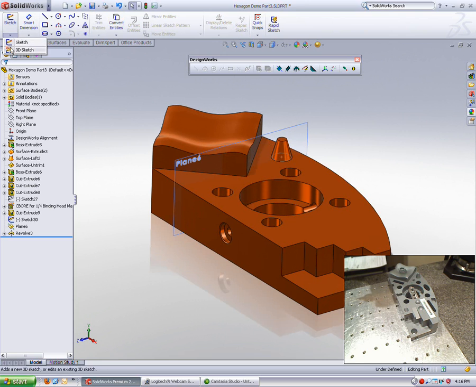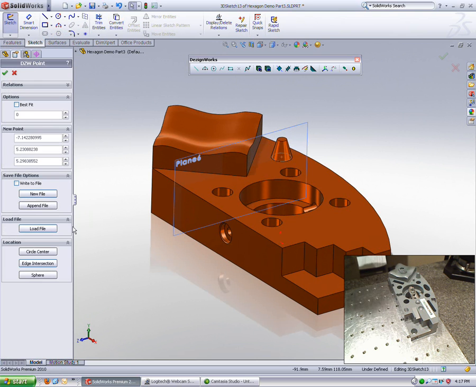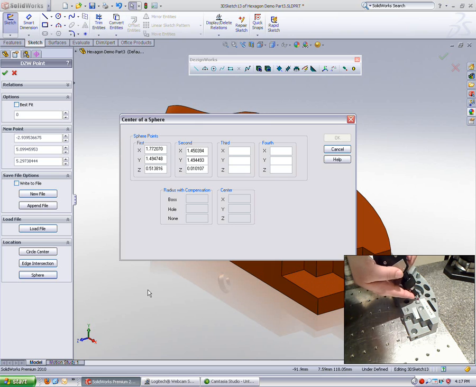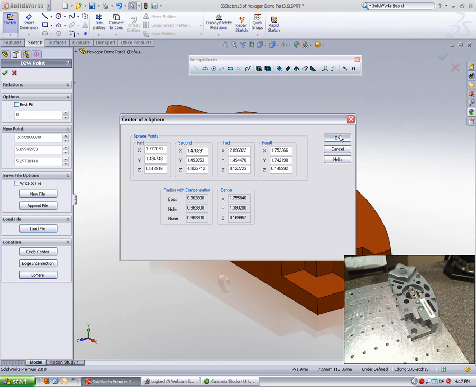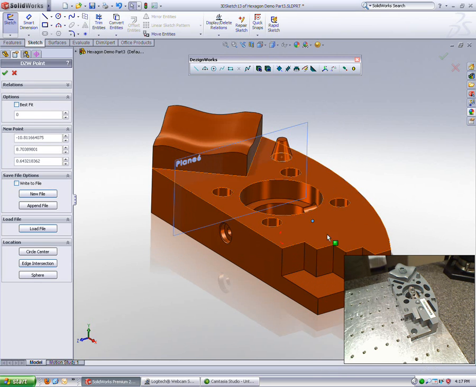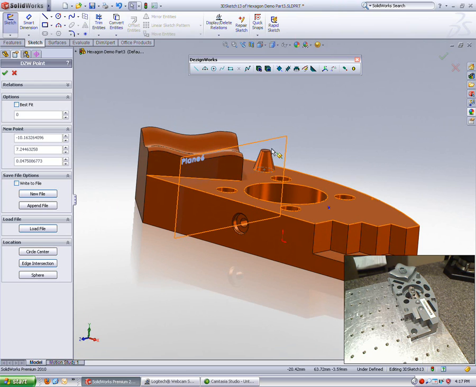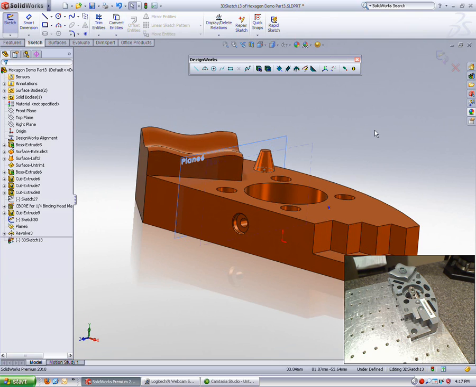A new tool inside of Dezignworks 10 is the ability to get a center point of a sphere. So here we're going to do a 3D sketch with a point and use a new sphere command. We could also do circle center and edge intersection. So we're going to go around this half sphere and pick up points, a set of 4 points, and that'll give us the center point of the sphere that we'll also use again in a plane offset